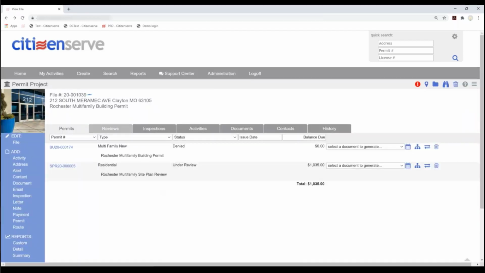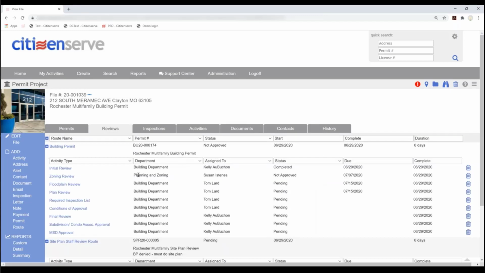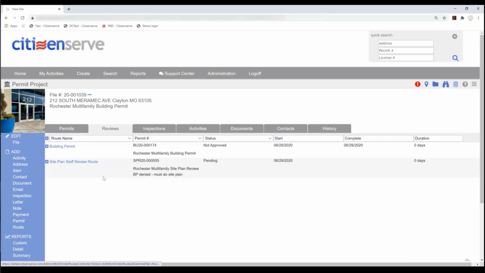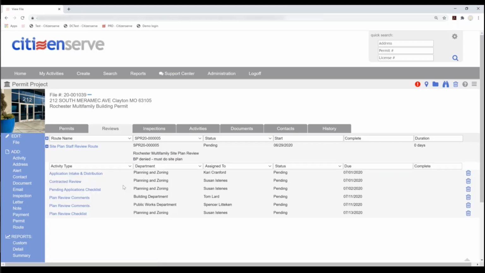And when I click over to the Reviews tab, you can see that we have 2 different review routes. It held it up for you really quick. I'm going to minimize these routes. So you can see we have this building permit route that's associated with this permit, and we have our site plan review, which is related to this permit. And if you wanted to filter, we could just select the site plan, and it'll just show that route. And then as I expand this, it's going to show you all of the review activities on this and their statuses. So none of these have been